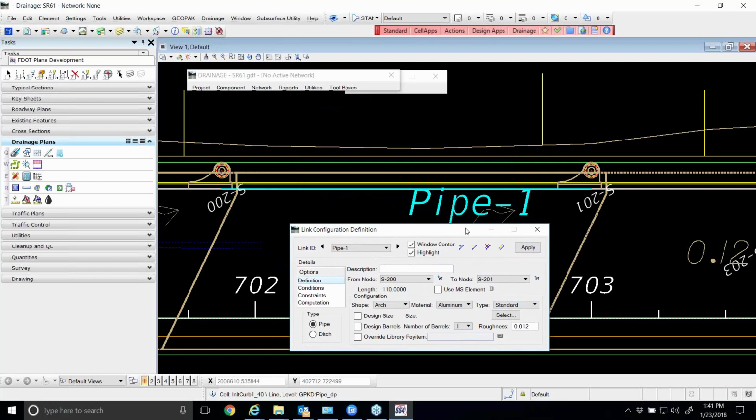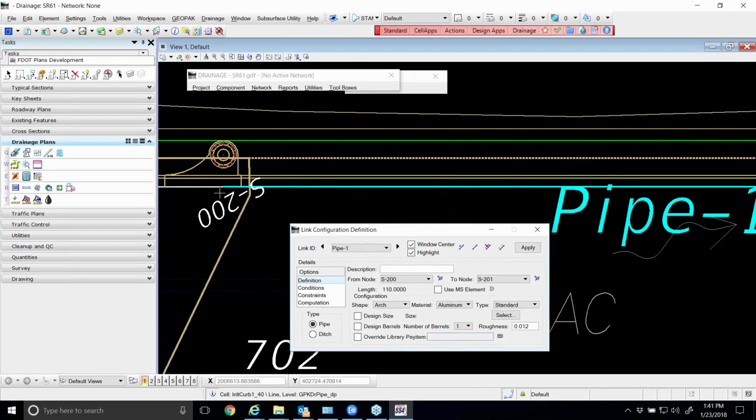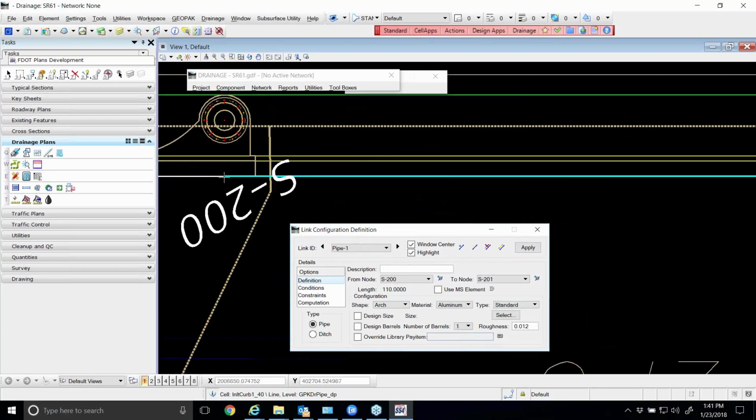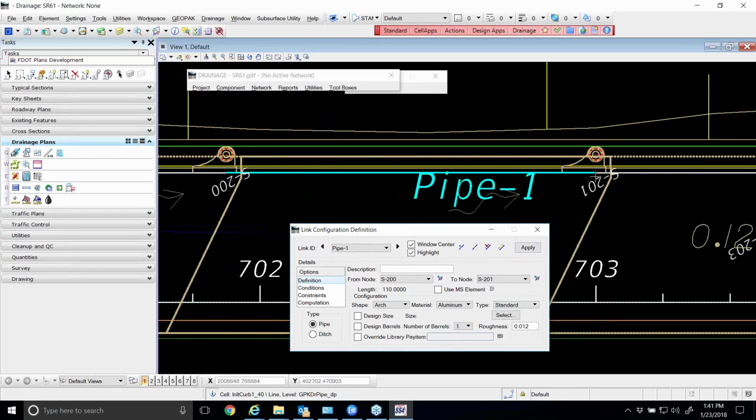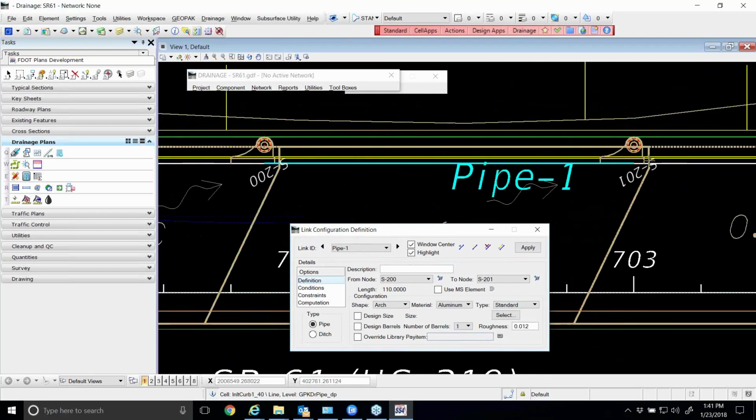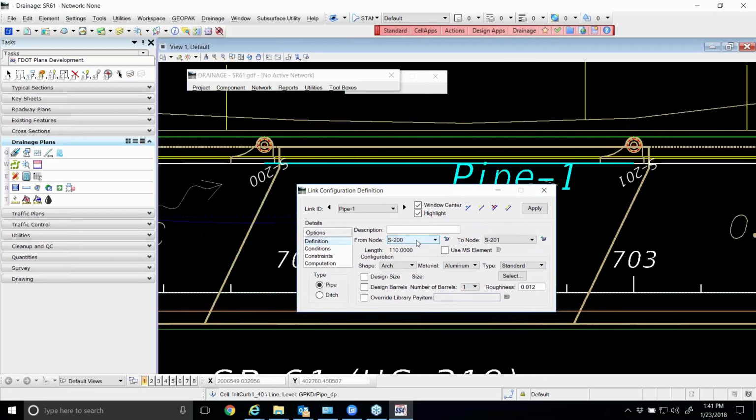But what you're going to find out, and this is that insertion point again, is that there's a little point on the cells here at the curb. So if you took the center and went straight out and hit the curb, that's where the pipe is going to end up being shown graphically. So if you pick it from the pull downs and you just tell it what node to come from and what node to go to,